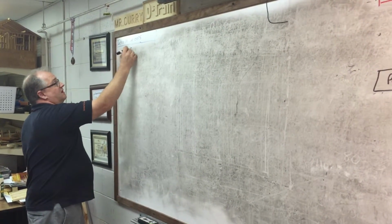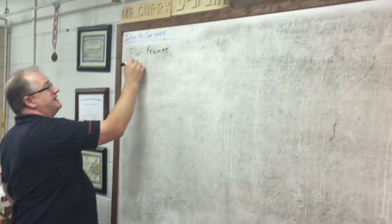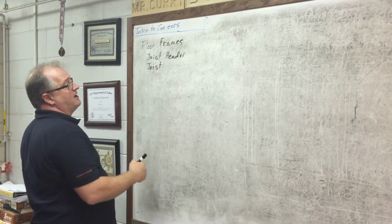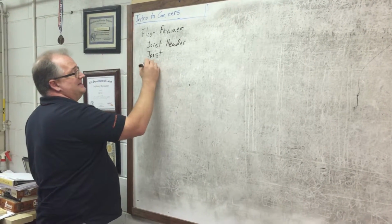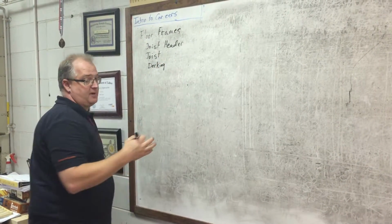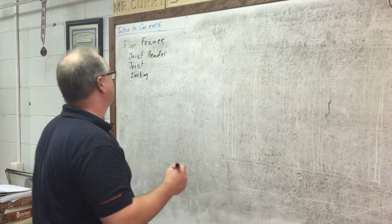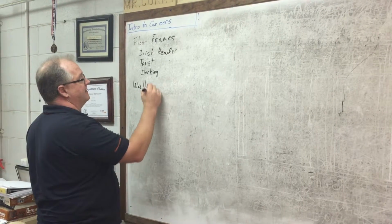So if we look on our floor frames, we've got our joist headers. We've got our joists. And then we also have basically our decking material. That is usually either 1/2 inch plywood or 3/4 inch plywood. It might be 3/4 inch OSB board that we would use for the decking on the floor. So today we're actually going to be talking about all of the component parts that make up a wall and